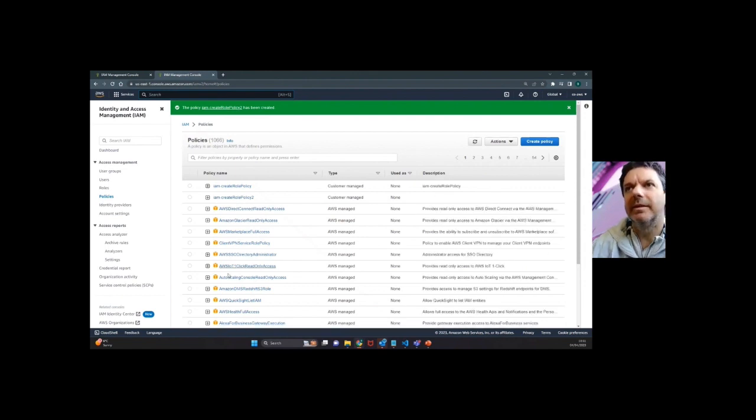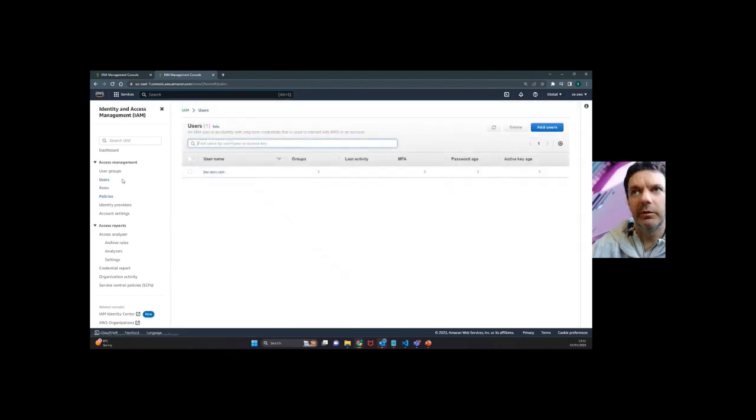Now we have to add that to our user. So go back to users. You can see them there. There's my previous one and the new one. I probably should have put a description in there. Do some cleanup after. Back at users here, I'm going to go to username,